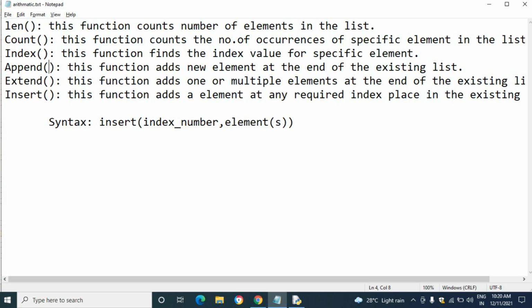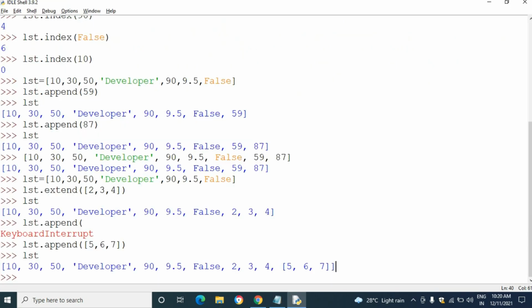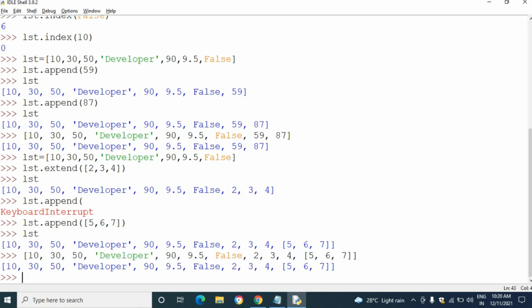They by default add the element at the end of the list, but the insert function does not work like that. It will add the element at the required index place. So if the user wants to add an element at a particular index position, then we can use the insert function.